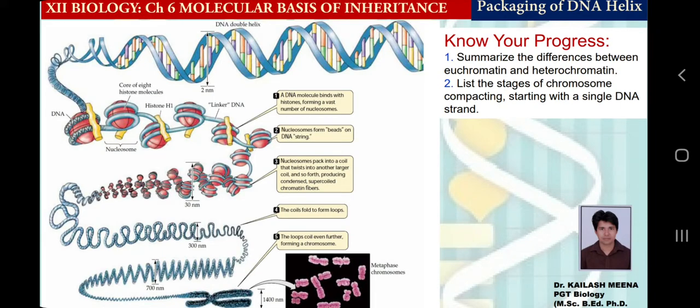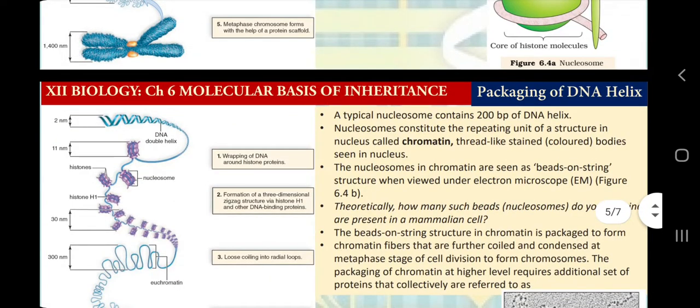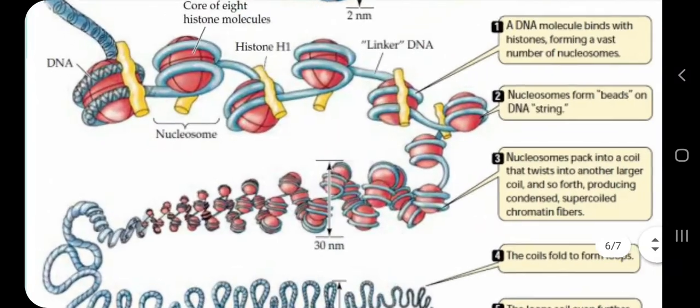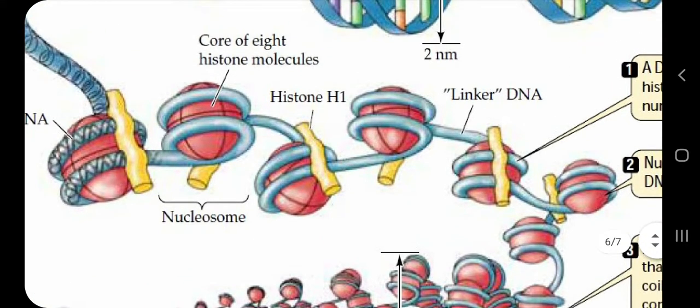So I hope I am clear how this DNA is packaged into chromosomes. Although it is an oversimplified idea, let's not get confused. There may be many in-between structures. For example, if you go in deep, for higher stages, you will learn about solenoids. So in the 30 nanometer fiber, you can see one structure which is composed of 6 histone octamers, or this octamer is called the